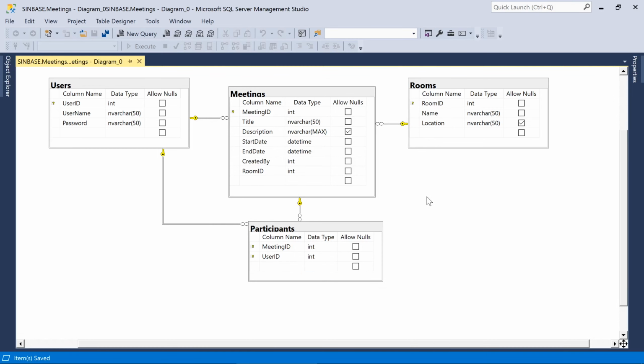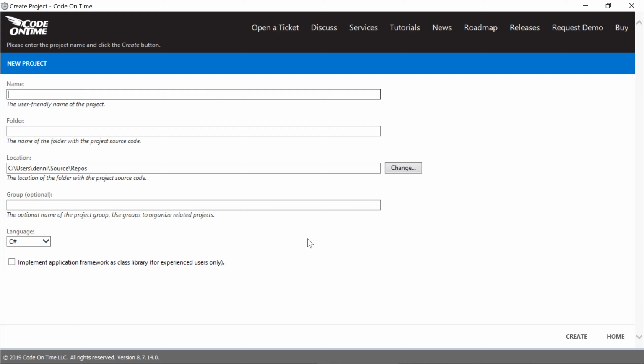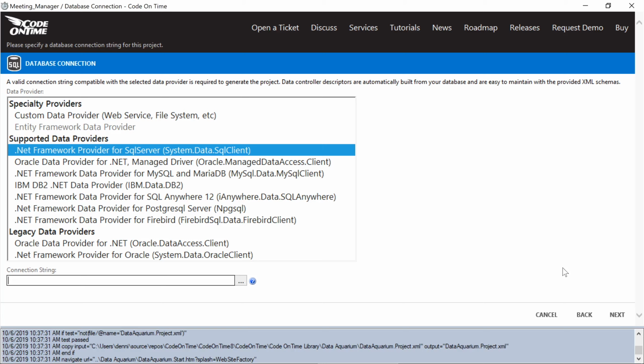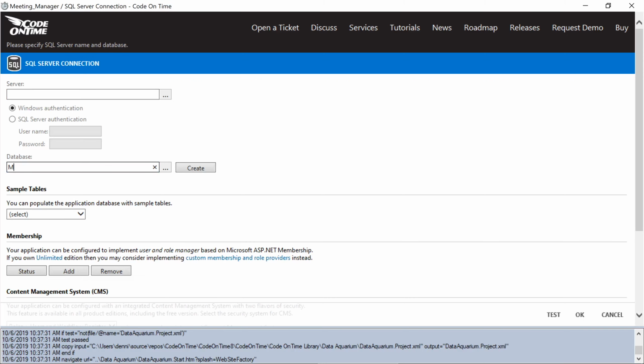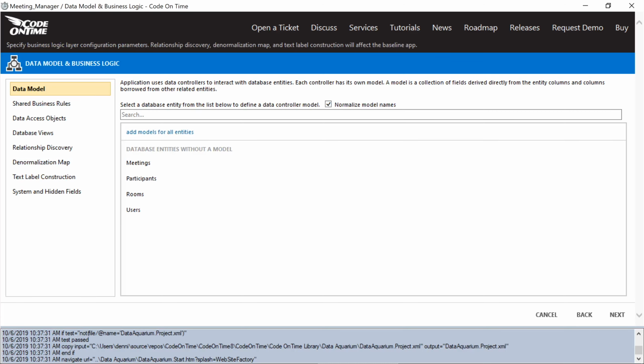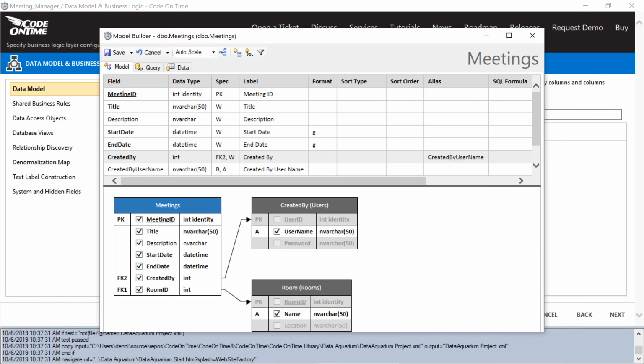Next, let's create our project. We'll give it the name Meeting Manager. And we'll connect to our database. And let's create models for all of our database entities. Starting with meetings, sorting in descending order by start date,